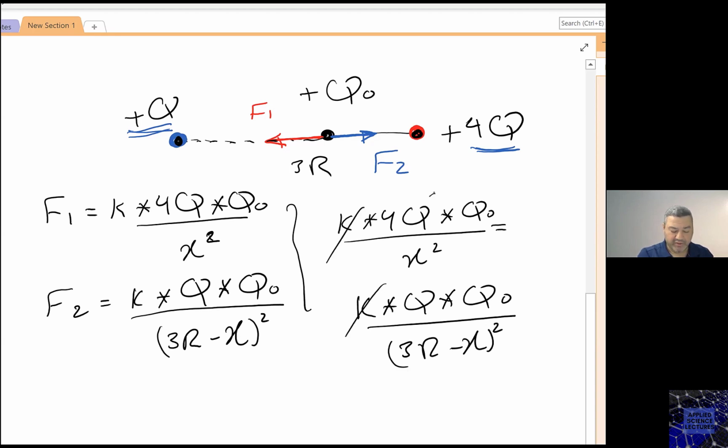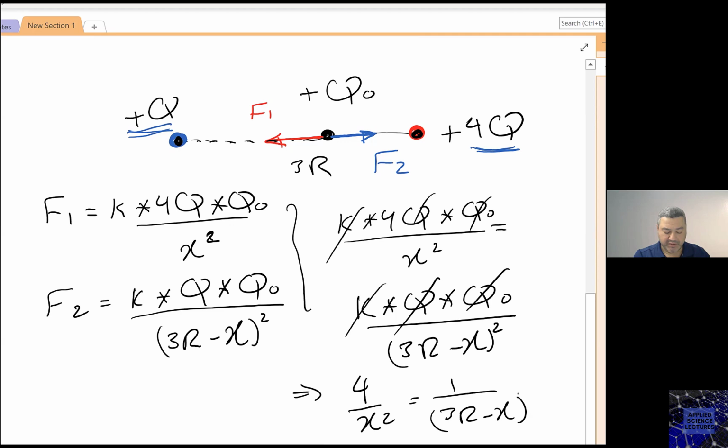So K, Q naught is going to cancel. You'll end up with 4 over X squared equals 1 over 3R minus X squared. Here I assume that the distance here is X,